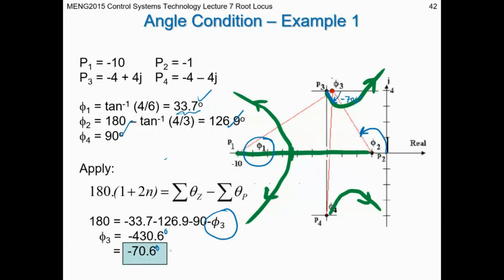And now, critically, I have the information I need to be able to calculate the angle with which this complex closed loop root emerges from the complex pole, and where it goes from there. So it's coming out at minus 70, but then we know it's going to swing because it's going off up at 45 degrees, because we've got 4 loci going off to infinity. So each of those is going to be evenly distributed around the circle. And this one is going to be,